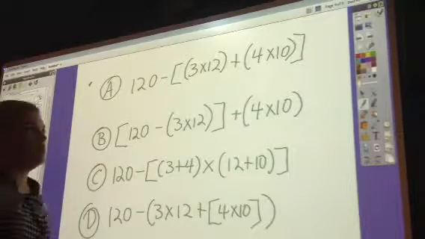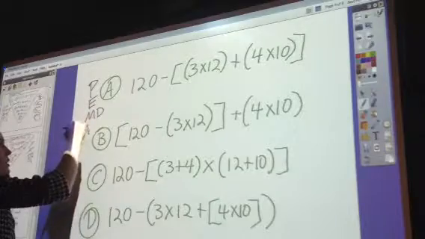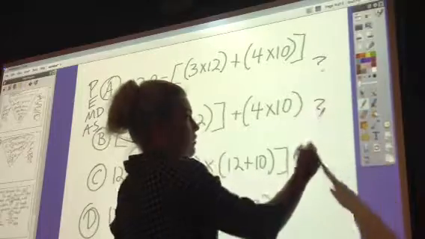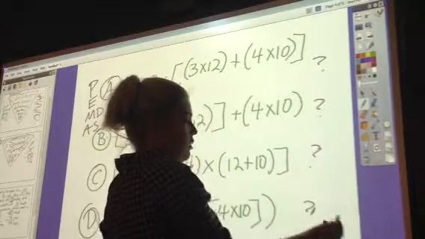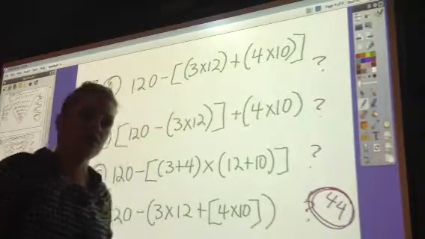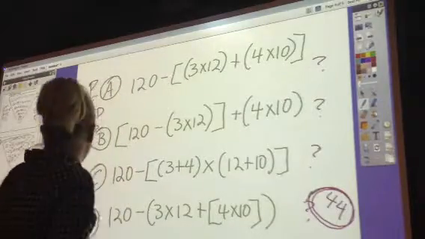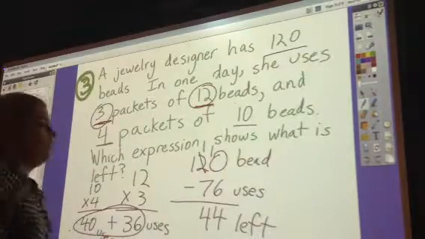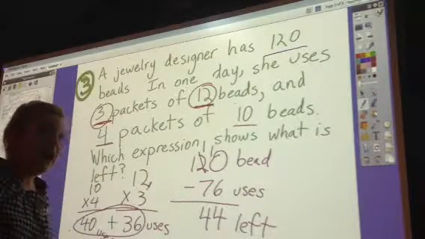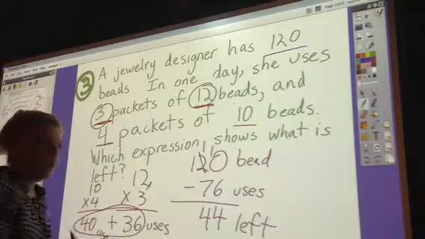Looking at my answer choices, I could use the PEMDAS that we just did in the other 2 problems to go, well, which one of these, is it this one, this one, this one, or this one, gives me my answer 44. We know that the answer has to be 44. If by chance more than one of these gives you the answer of 44, you could certainly go, okay, well, what did I do? I multiplied 12 times 3, I multiplied 10 times 4, I added those, and then I